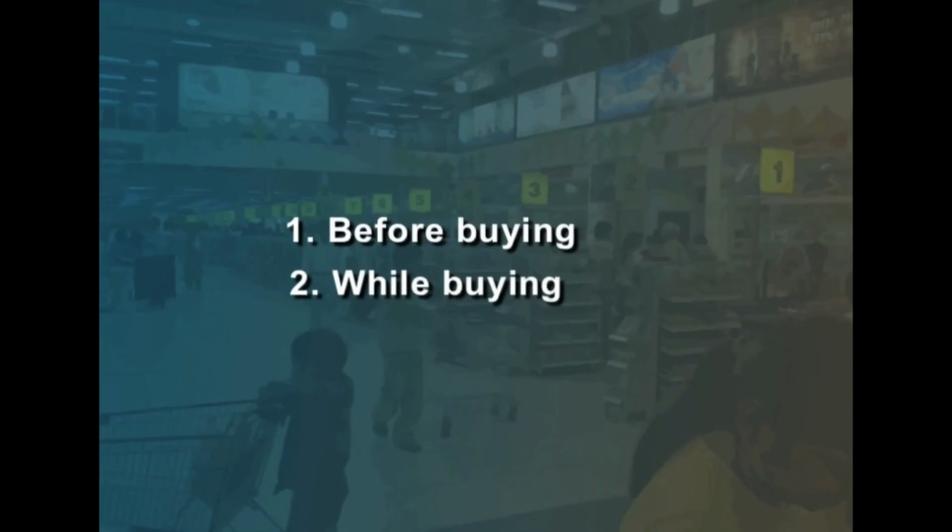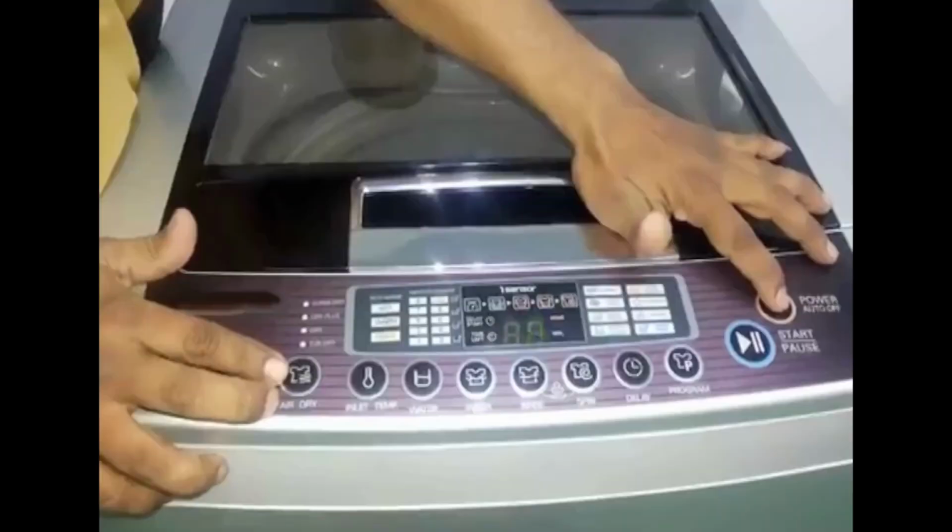The second stage can be while buying. While you are buying the goods, first ask for a demonstration. How does it operate, how to use it, and what are the services that have to be taken care of. And also inquire about the after sale services of that particular goods. Are they authorized services? Do they have a proper address, telephone number, and are they associated with the company?